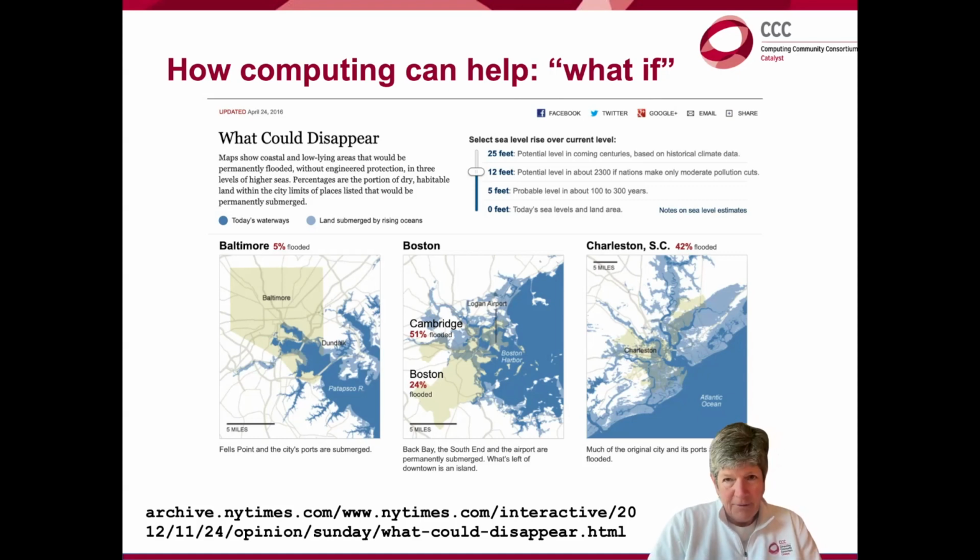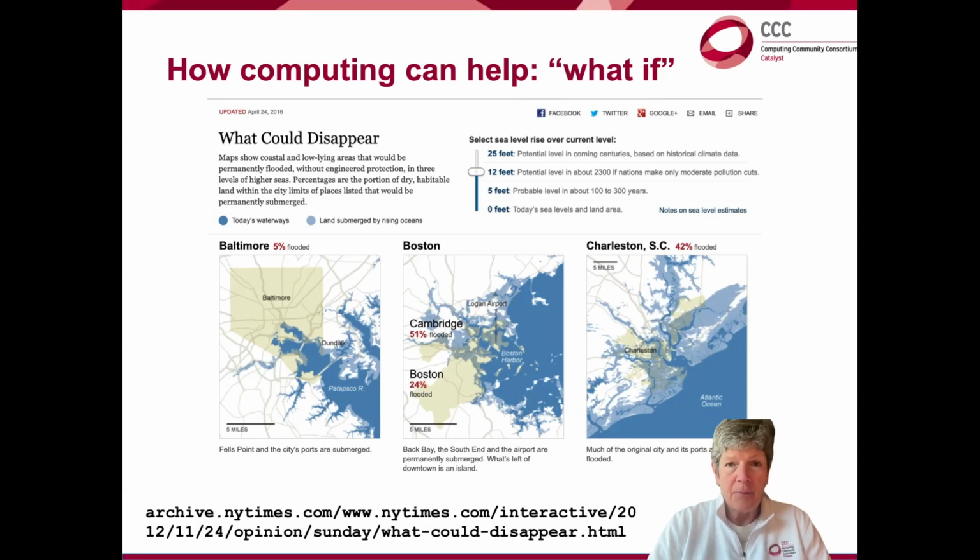What this app does, or what this web page does, is allow you to select a city and move a slider for how much sea level is going to rise. And then you can see which part of your chosen city is going to be underwater. This kind of thing is not just important for people to understand, it can be particularly compelling for policymakers and decision makers, the people that we really need to get to understand all of this, because it helps them see how climate change, sea level rise, whatever, will impact the people who vote for them.